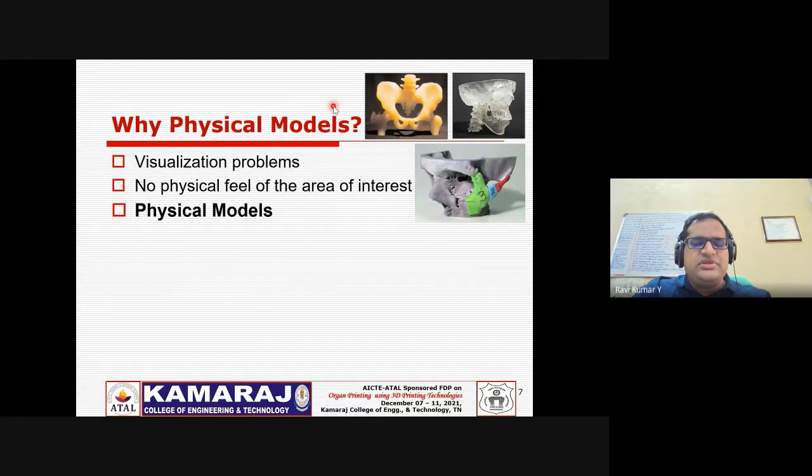But still, why do we need to have a physical model? Definitely, a physical model is something you can physically feel and touch. So why do you need such a touch and feel? Definitely, if you see an oral maxillofacial reconstructive surgery, say one patient who badly needs an